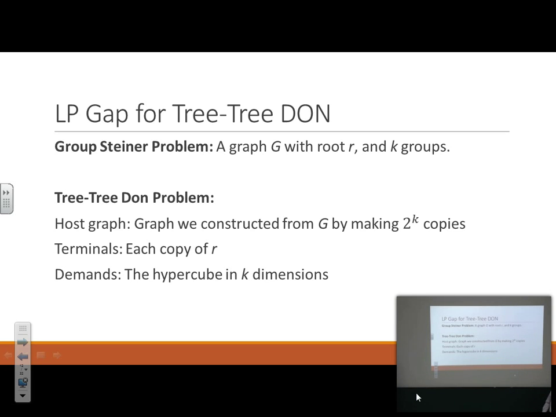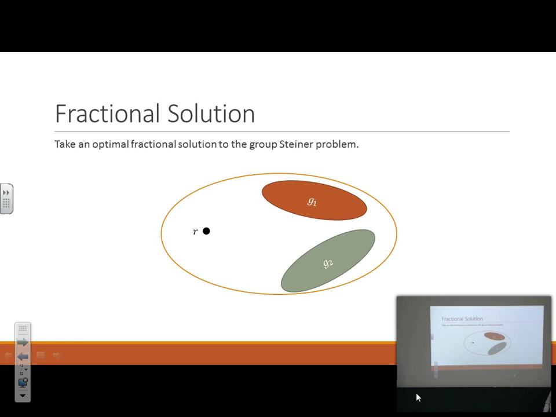Okay, so we need 2 inequalities to show the integrality gap lower bound. We need a bound on the LP optimum, and we need a bound on the integral solution of this transformed instance. So the fractional one is pretty straightforward. In the fractional group Steiner problem, we construct a fractional tree which sends, if you like, a flow of 1 unit to each group. Right? You can think of the LP as installing capacity on the graph so that it sends 1 unit of flow to each group. Okay? There's a connectivity of 1, right? Because the cut covering constraints, by Menger's theorem, are dual to that.